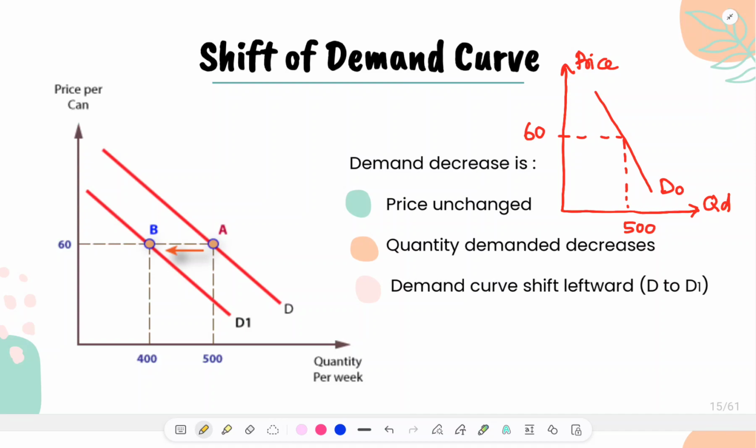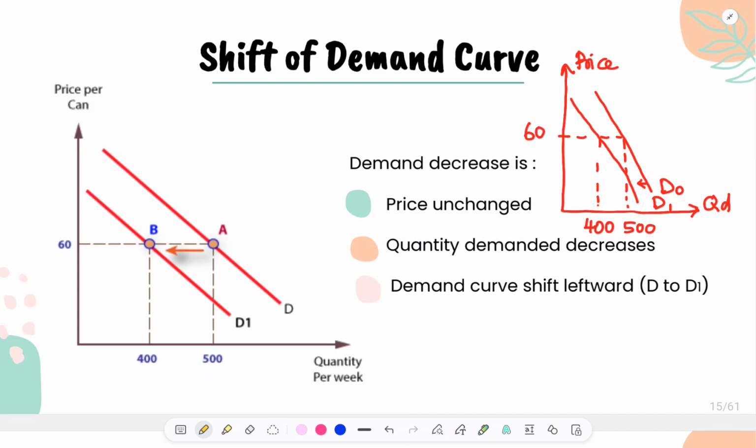But suddenly the quantity dropped to 400 units at the same price. At our new point, we plot the downward demand curve labeled as D1, and the arrow shows that our demand